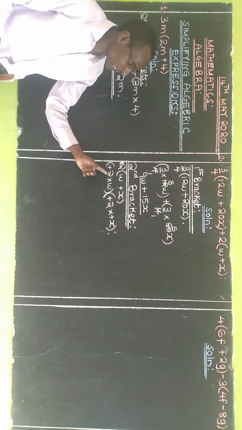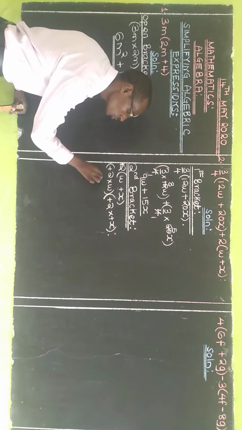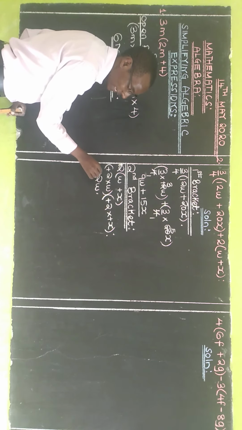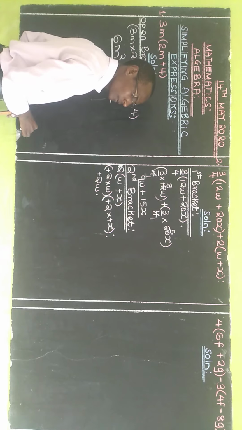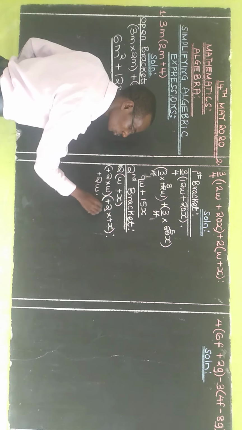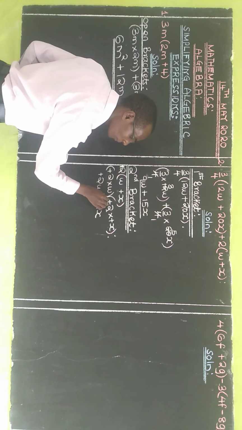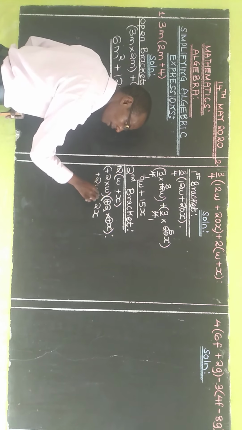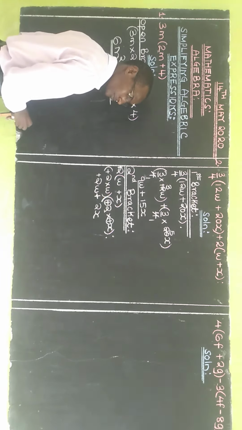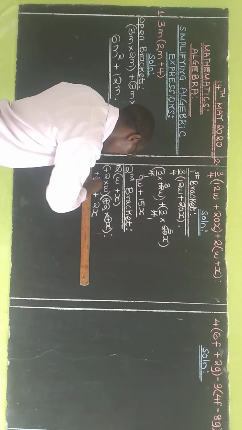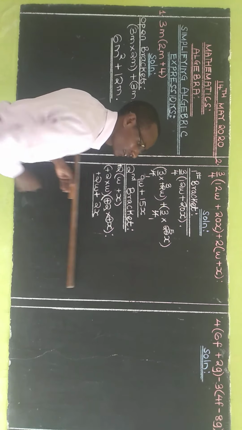Now, if you take 2 times w gives you 2w. But this one we have 1 negative, so you have to put it there. Then we have 2 times x gives you 2x. Positive and positive. They are the same, so they form a positive. So the result for the second bracket is 2w plus x.